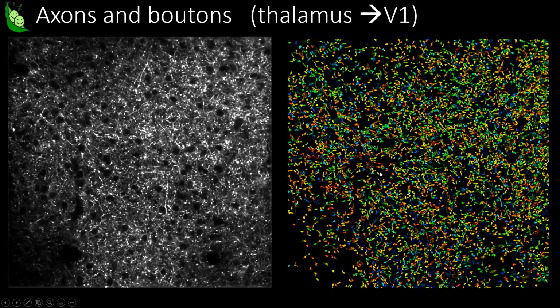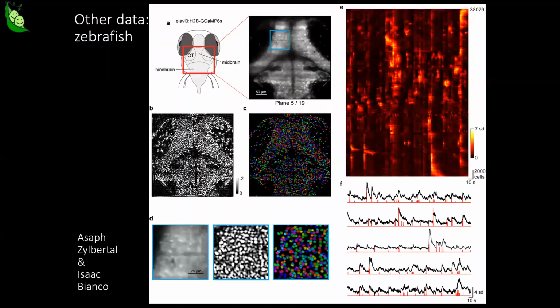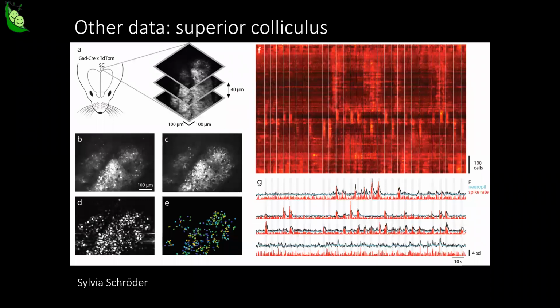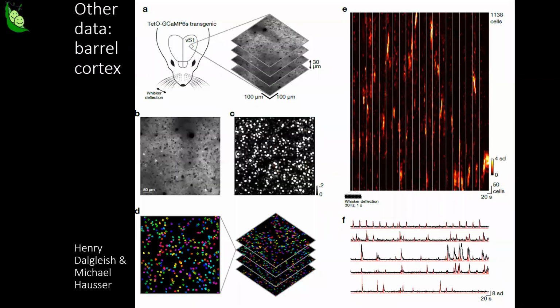And you can also, this segmentation algorithm works on different types of data too, from different species. So here's an example of data from zebrafish from Sanja Cybertal and Isaac Bianco. It works in different brain areas. I've been mostly showing you visual cortex. Also works in superior colliculus, for instance. This is data that Sylvia Schroeder collected. Also works in barrel cortex. This is data that Henry Dalgleish collected in barrel cortex. And so, yeah, that's pretty much it on